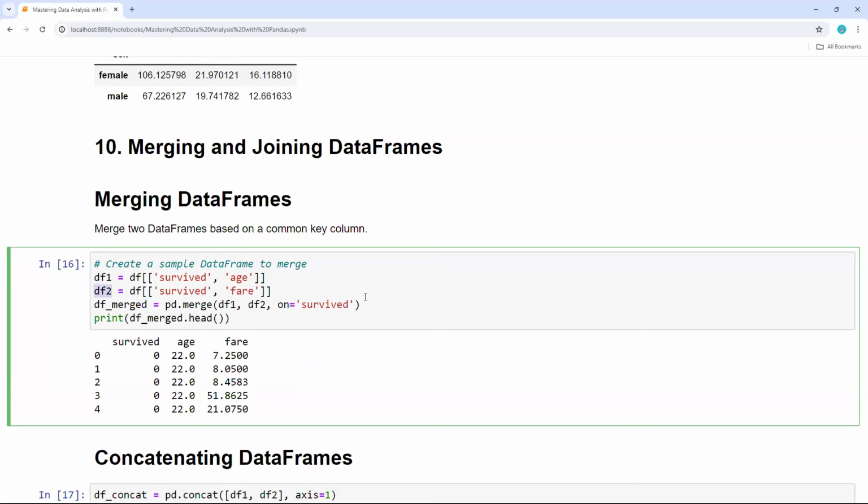And if I wanted to merge those, the merge is pd dot merge df1 comma df2, data frame 1, data frame 2. On which column you wanted to merge, you need to specify that column. I wanted to merge on the survived column. Only the common column we need to mention. Then if I wanted to look at the merged data frame,